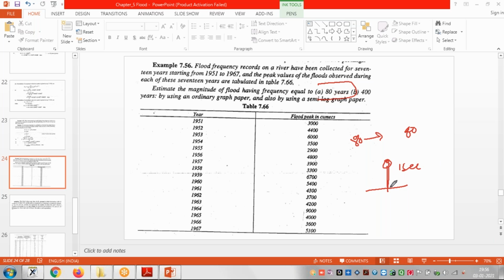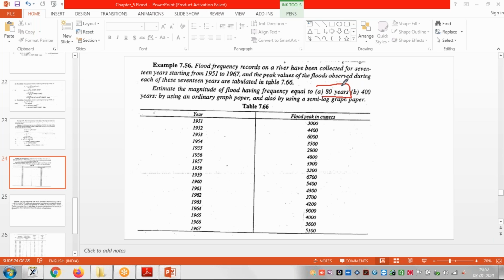Suppose this ball goes at least 4 times in 1 second. So this is the frequency. Similarly, if any flood comes, then the frequency of that flood is given as, so after 80 years,